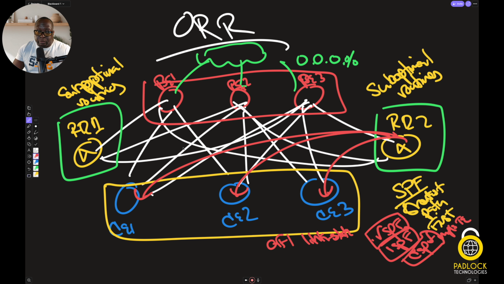There are VPNv4 routes, VPNv6 routes, MVPN routes, link state routes, EVPN routes, VPLS, which is L2VPN routes. The list goes on and on of the AFIs and sub AFIs that they add to BGP. But this one here, link state, is critical if you want to do optimal route reflection, because